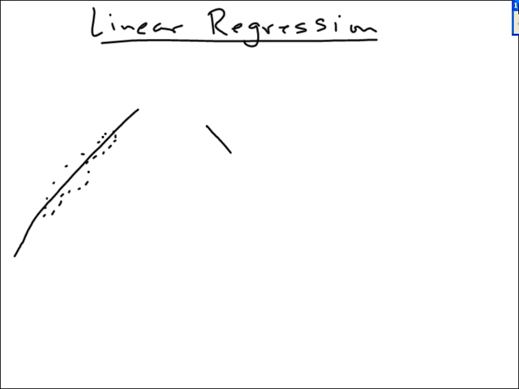Now, make believe this line isn't here yet. If I draw some points around that, some data points like this, there might be a line that goes through it, like the line I just drew. And what we want to do is find the equation of that line, and then we could approximate things from that line. For example,